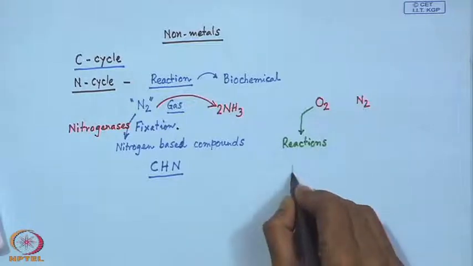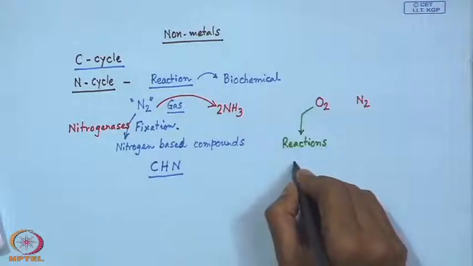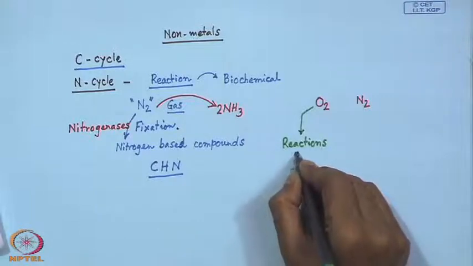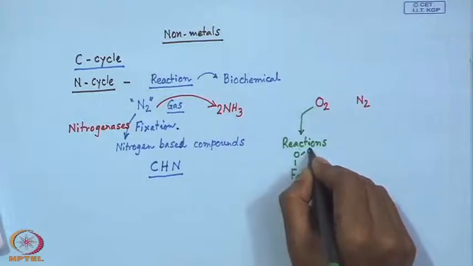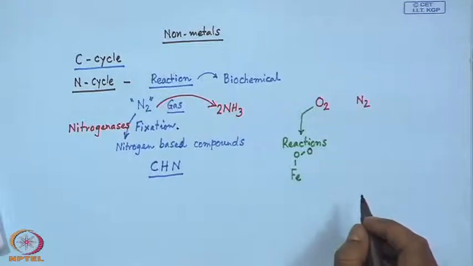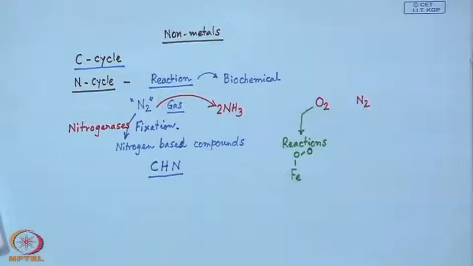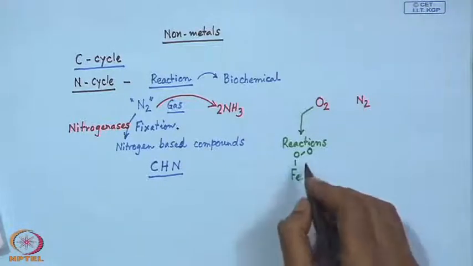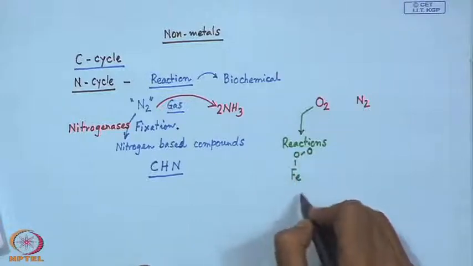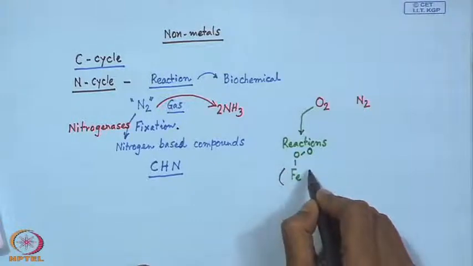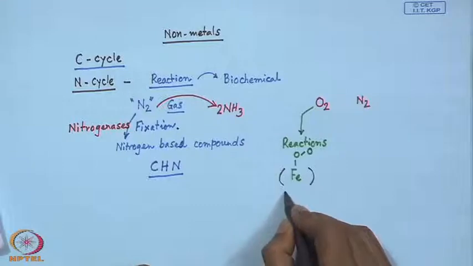And one such interaction is the interaction in the corresponding hemoglobin and myoglobin molecule, where the iron center is reacting with the dioxygen molecule. That means, what we are seeing through that particular reaction is that this dioxygen molecule is binding to that particular iron center of the hemoglobin or the myoglobin molecule.